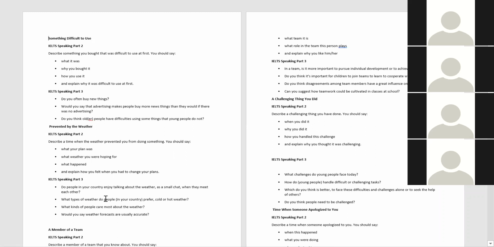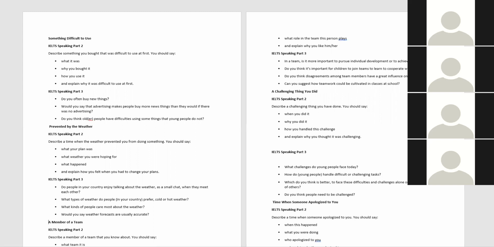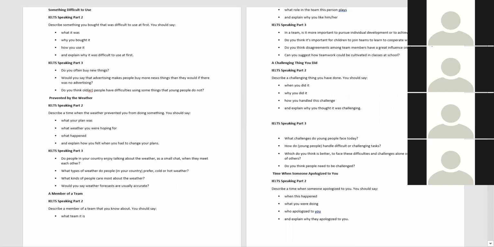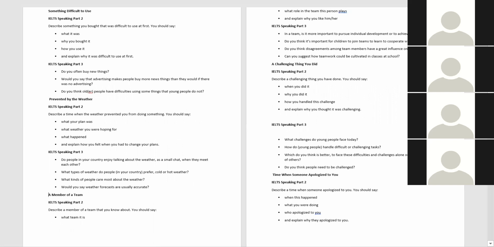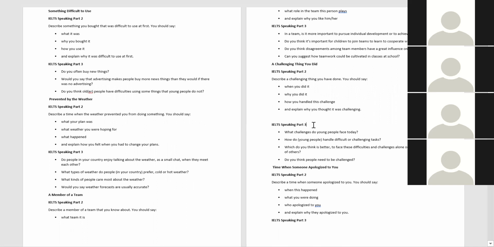And then the part 3 questions, that means the more abstract questions, are here. A member of the team, that means describe a member of a team that you know about. This is the cue card. So here we got 1, 2, 3, 4, yeah, we got 4 and 5 cue cards here with the part 3 questions as well.